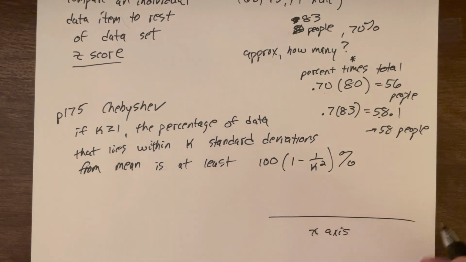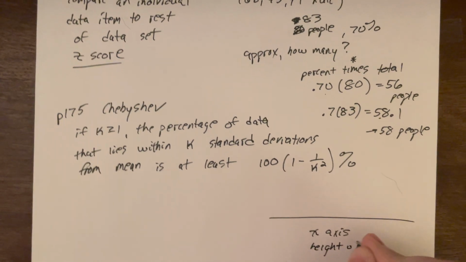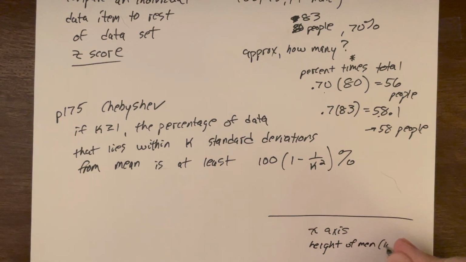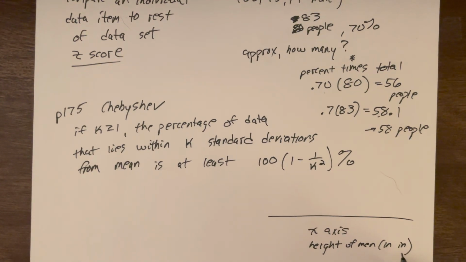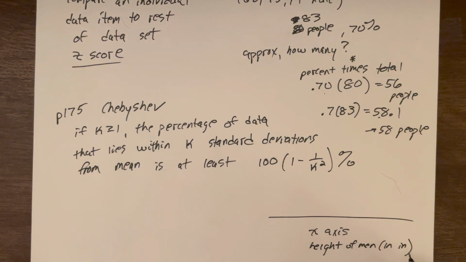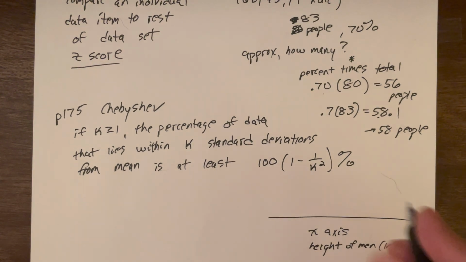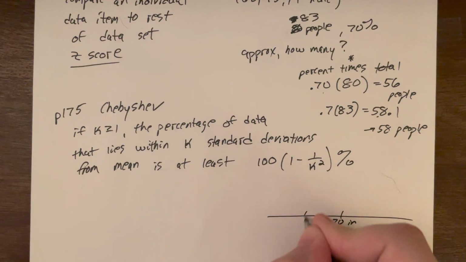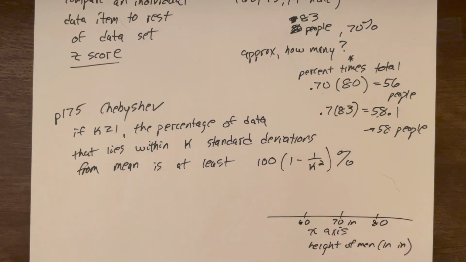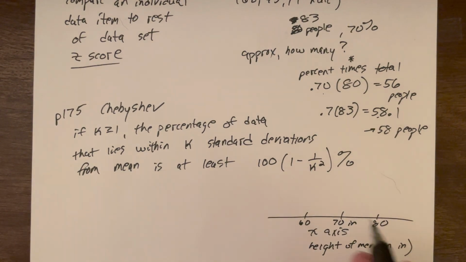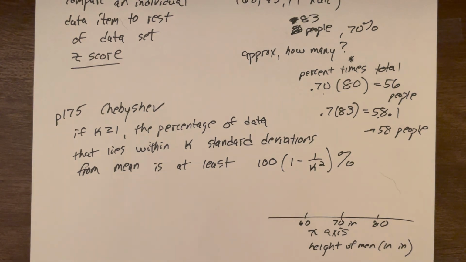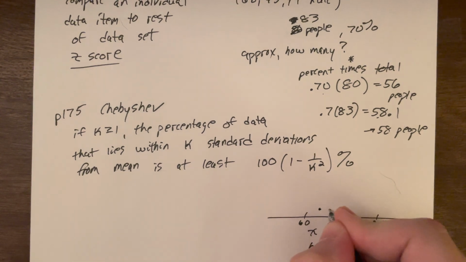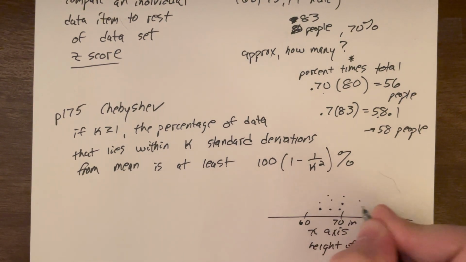And maybe we're talking about height, just so at least we have some basis here. We're looking at height of men in inches. So not feet and inches. So someone who's 5 foot 10 inches, we'll just say that person is 70 inches tall. So just to put a number on here, there's 70, there's 60, there's 80. And again, just a dot plot. I'm just putting dots. Wherever I find a guy, how tall are you? I put your dot on your exact height. So dot, dot, dot, dot, dot, dot, dot, dot.